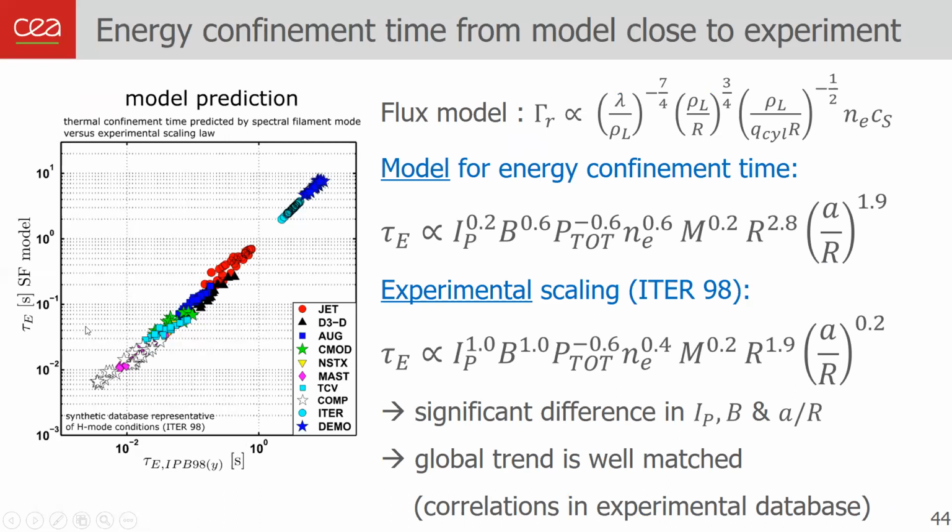And you have here a comparison: the horizontal axis are the experimental points, and the vertical axis is a model prediction for the confinement time. Of course, I adjusted the coefficient in front of the flux to get the right ordering, because this is done for once. And you see that I'm able to catch the right tendency and sensitivity across all different machines, which